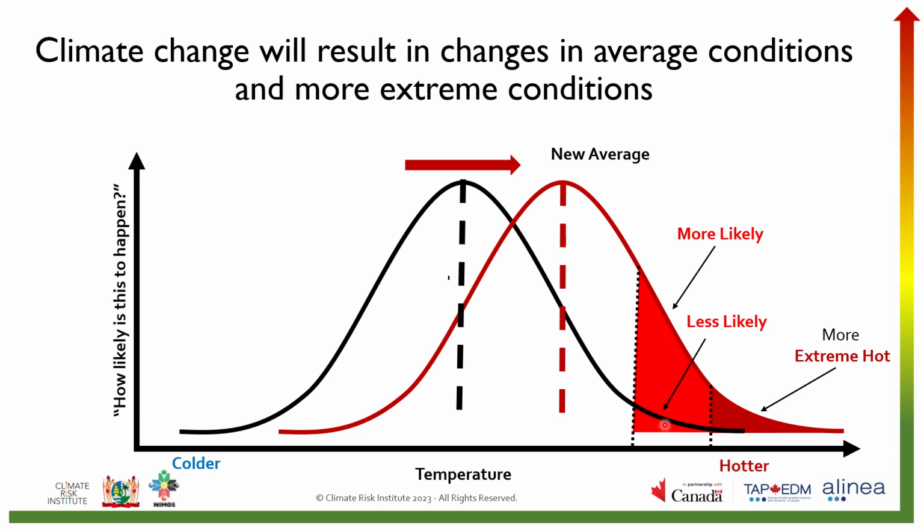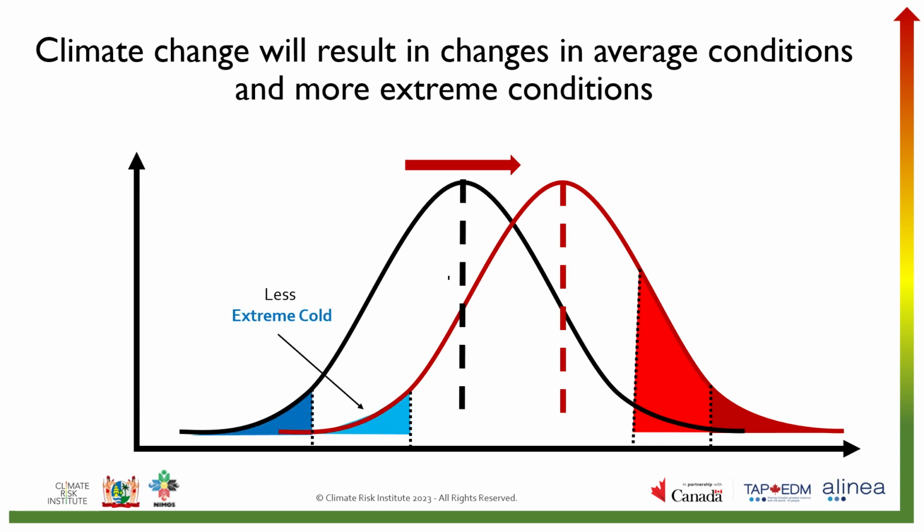This also means that now there will be even more extreme heat events shown in the darker red that may have never occurred in the past. This can look like record-breaking high temperatures. At the same time, this shift in average means that extreme cold weather can happen less frequently. This doesn't mean that cold areas will not be cold anymore, just that the average is moving and will be warmer. And this could look like minimum temperatures increasing, as we saw in the trends with Suriname.